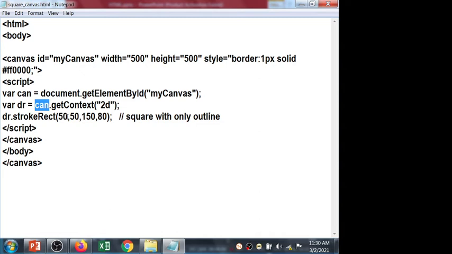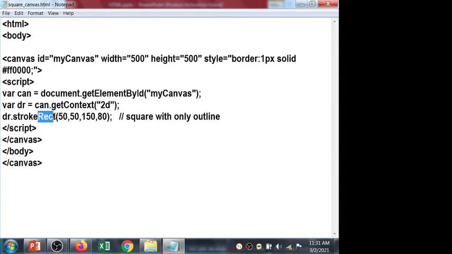Okay, so we'll again come back to this next line, that is, now what you want to draw. So dr, so dr holds what? A 2D element. So dr dot stroke is for what? To draw something. What you want to draw? So we have a rect method.